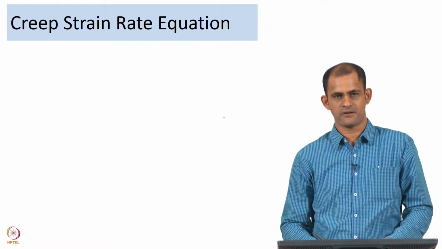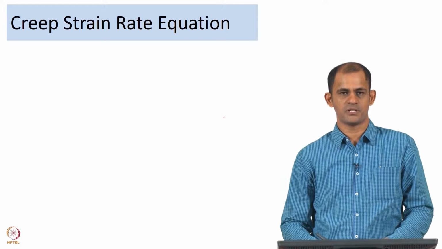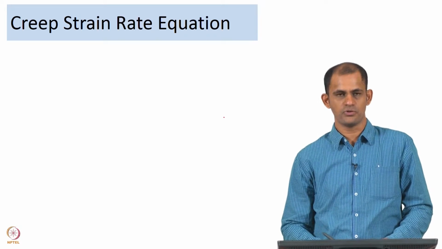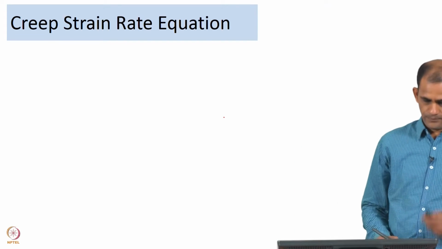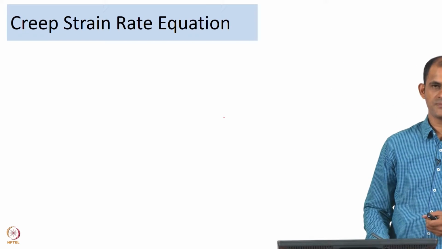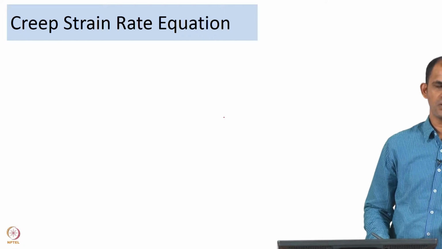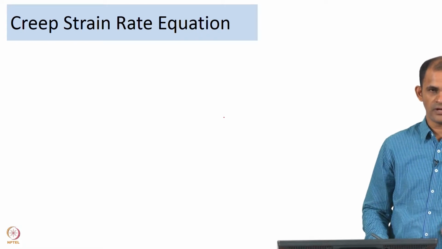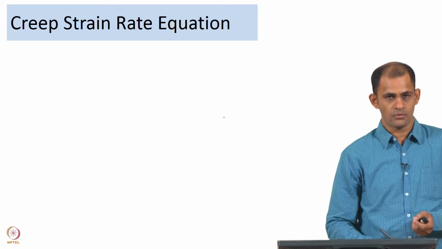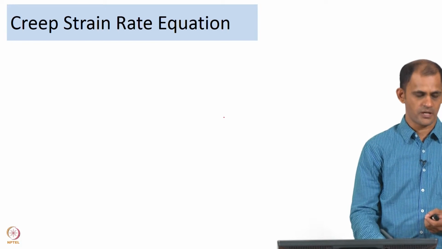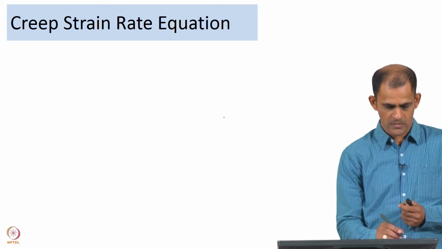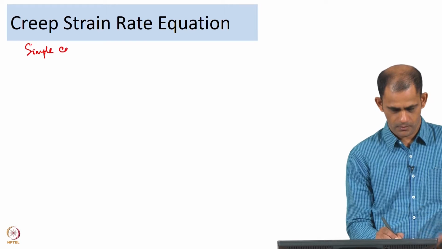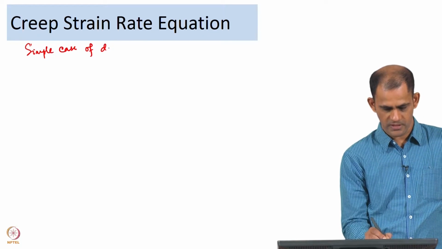If you are interested in determining the strain rate of deformation, then this is the approach that we are going to use. Most creep mechanisms either happen by diffusion of vacancies or they involve dislocation motion. Now, for the derivation of the creep strain rate equation, let us assume a simple case of dislocation